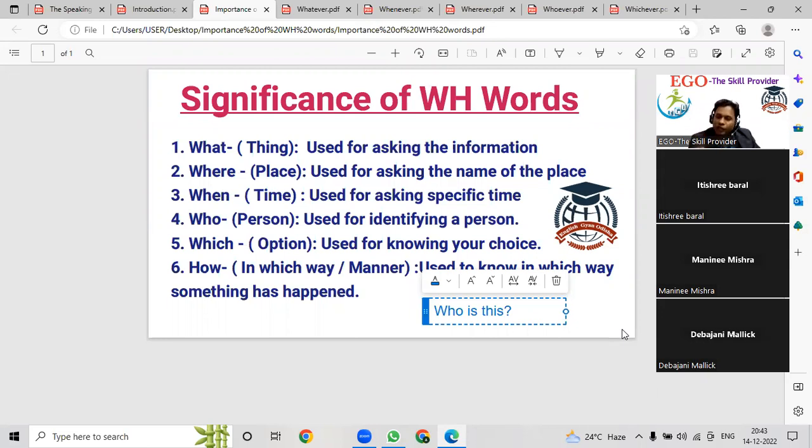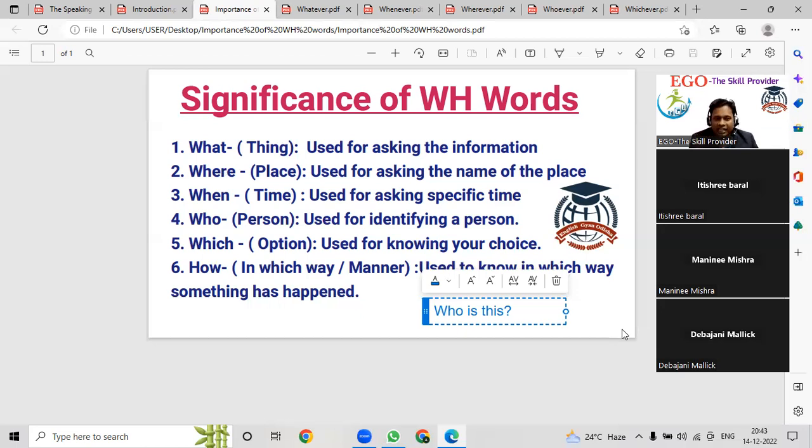And believe me, I am going to tell you something called etiquette and how you can use telephone etiquette in your day-to-day conversation. We will take a completely different session on how you can use telephone etiquette. This is not the class for this. We are discussing the significance of WH words and how they can be used with ever, however, whatever, whoever, like